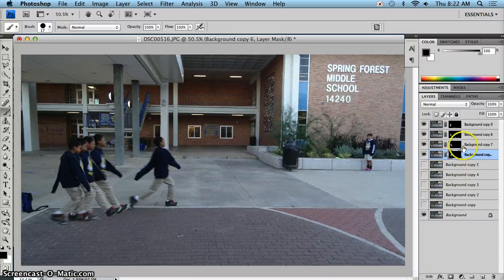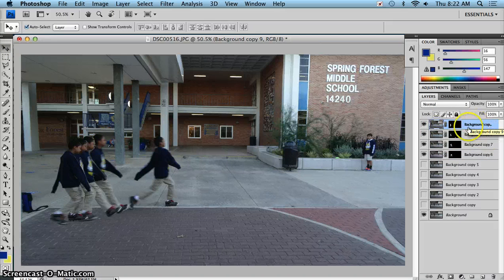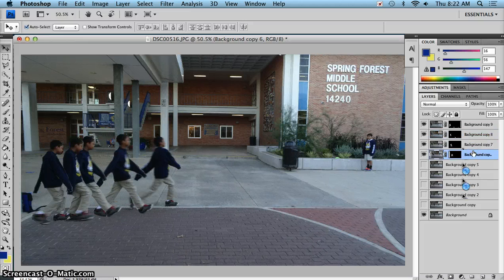Now I've only had time to do 5 of the layers, but you can see how they are building on one another. Because the background has been blacked out, I could actually move that a little bit and spread it out so that they're not quite so overlapping. But what you want is an effect like that where you have a series of 8 photographs of you moving,